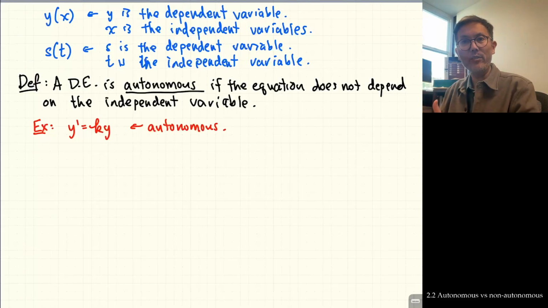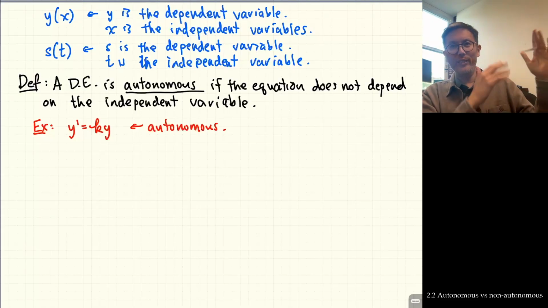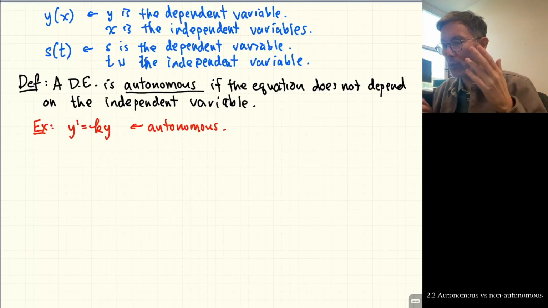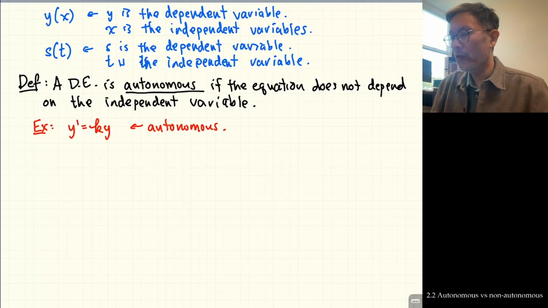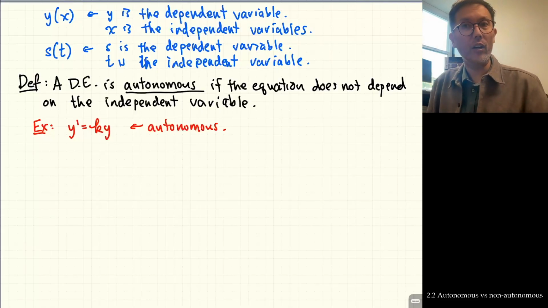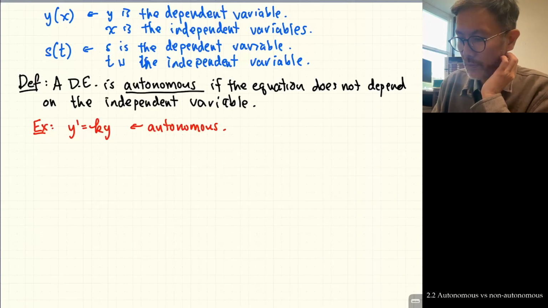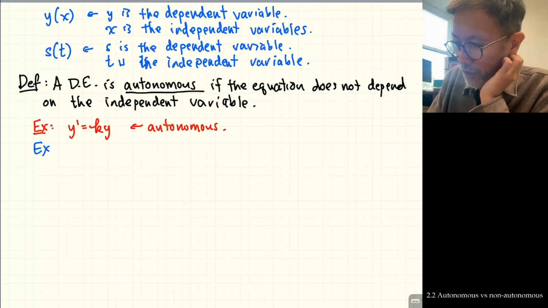It's an autonomous first order linear differential equation, okay? The reason it's autonomous is that there's no x's involved in this differential equation here. If I was to make an adjustment to this equation, if I was to write y prime equals k